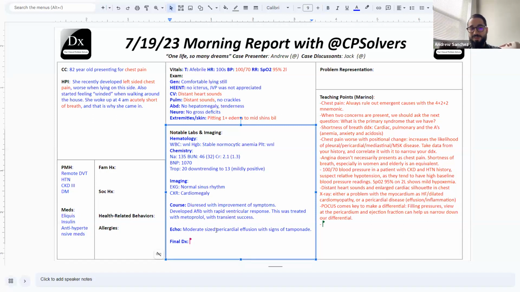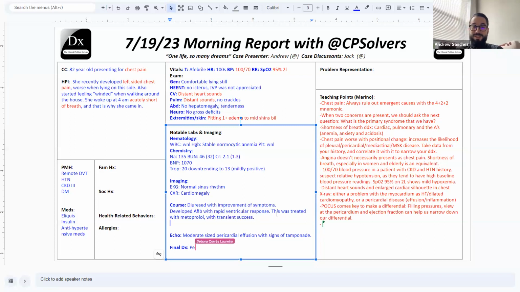So we got a bag of lactated Ringer's at the bedside immediately and gave her 500 cc's LR. Cardiology was there immediately, and she ended up getting a pericardiocentesis. On further history, she had apparently a viral URI type illness a couple weeks prior. So I think the most likely diagnosis is she had some sort of pericarditis that caused this, but of course we're still waiting on an answer.